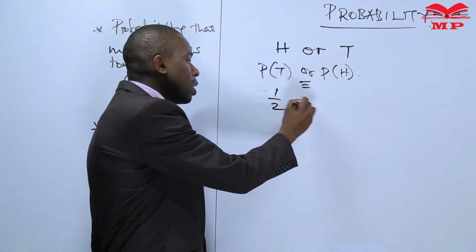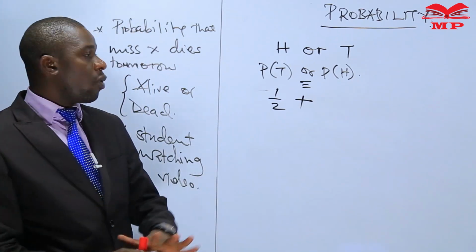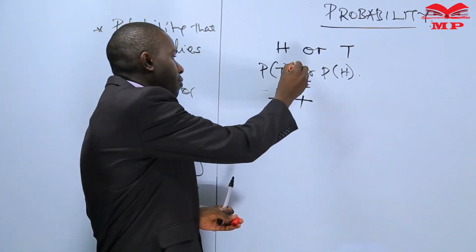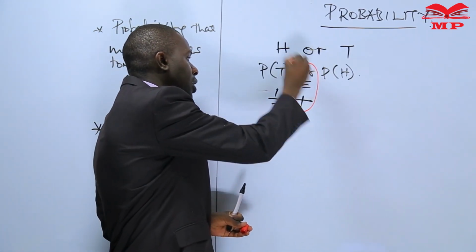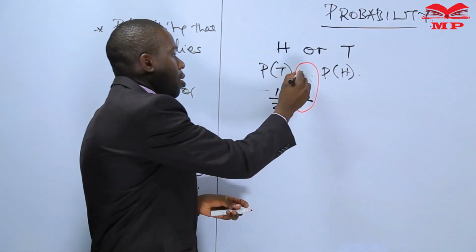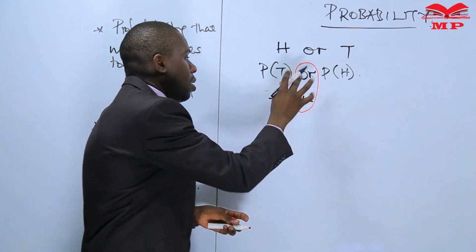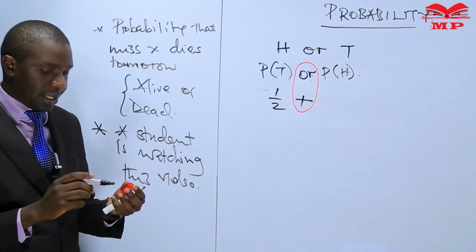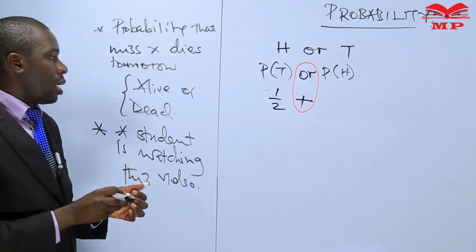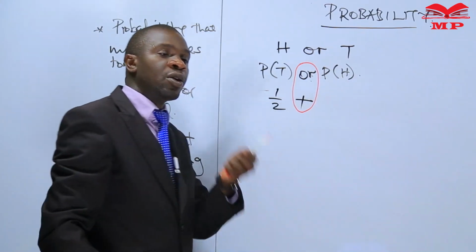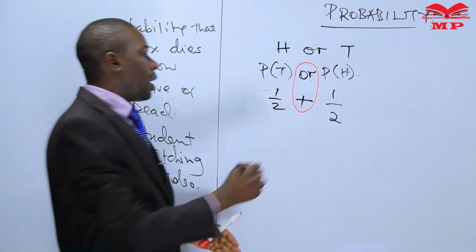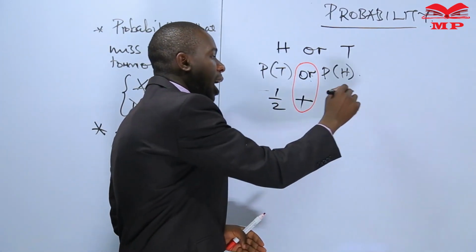This or is normally called plus. It is very important to note that. We can substitute or with plus when we are dealing with probabilities. The probability of having a head is also 1 chance out of 2. So the probability of having a head or a tail will be a half plus a half, which is